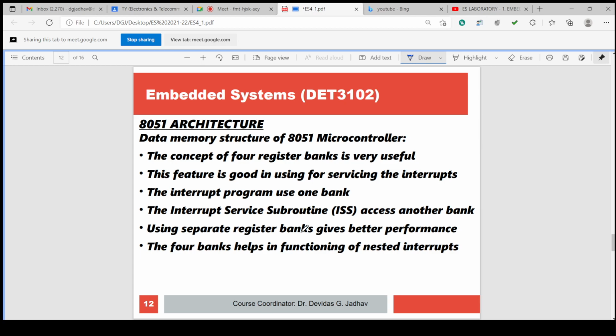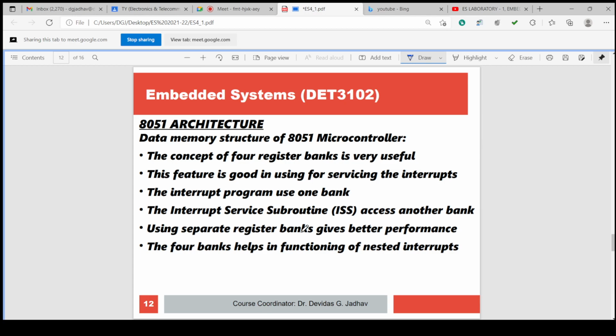It executes that interrupt service routine. At the end of the interrupt service routine, the return command is there. Due to that command, it returns to the current program it was previously running, takes the program counter from the stack, loads it into the program counter register, and from that point onwards it continues execution of the remaining program. This is called the interrupt service routine.